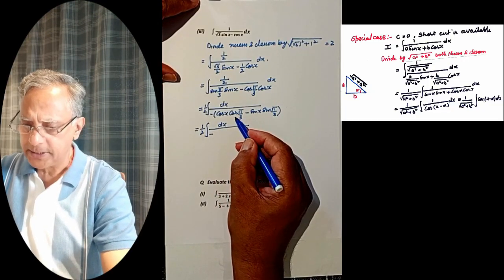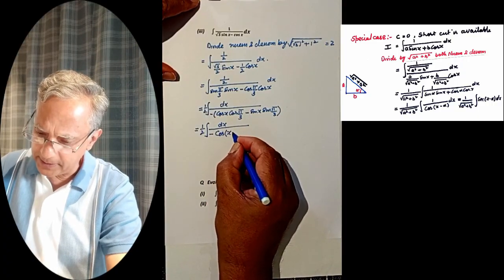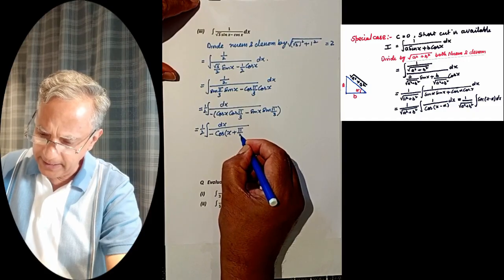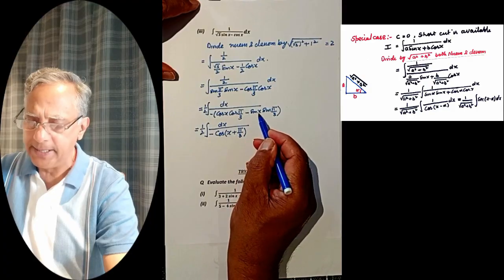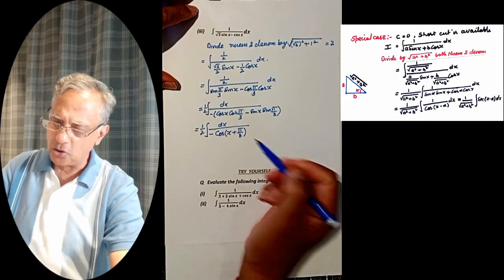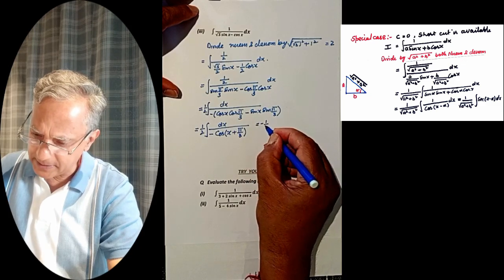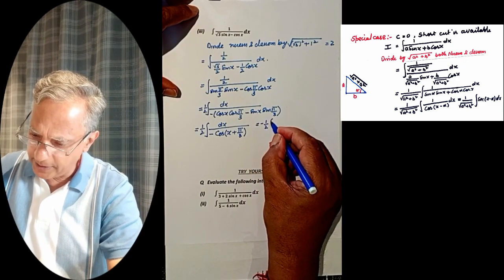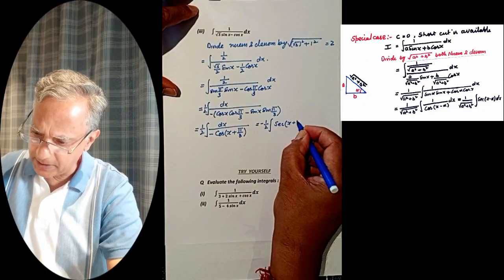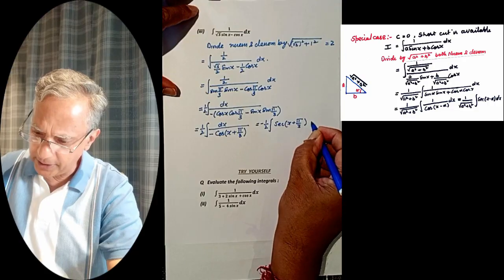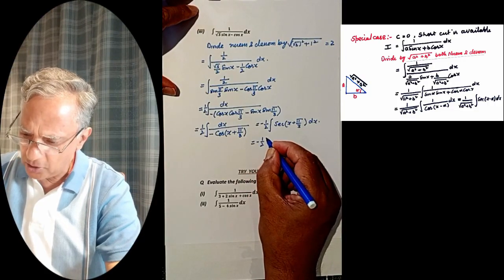So this will be cos of a plus b, that is x plus pi by 3. Cos a plus b is cos a cos b minus sin a sin b. So this can be written as minus half into integral secant of x plus pi by 3 dx,